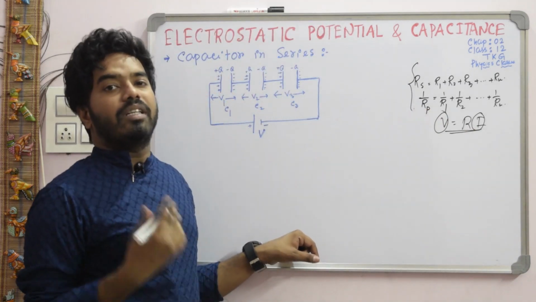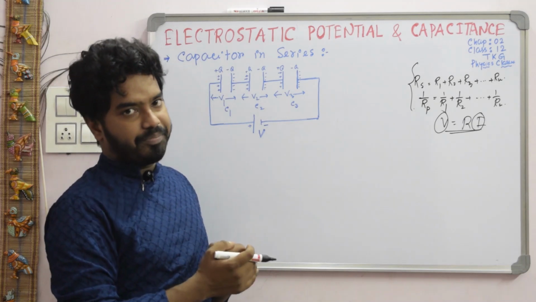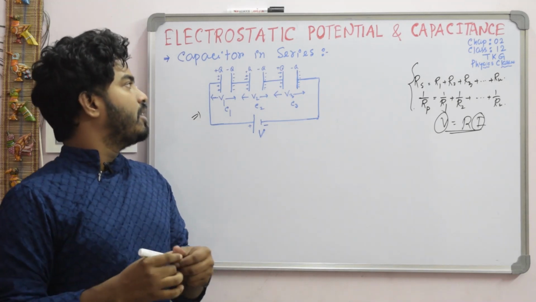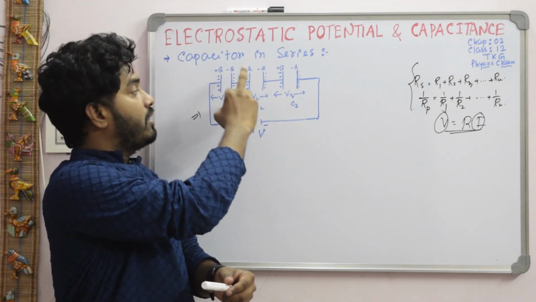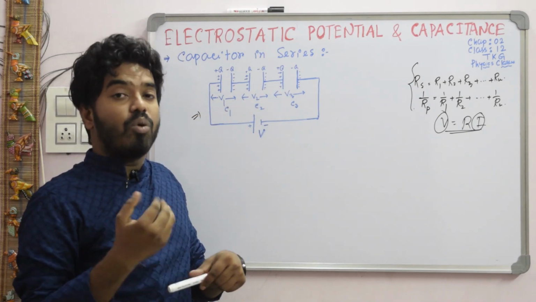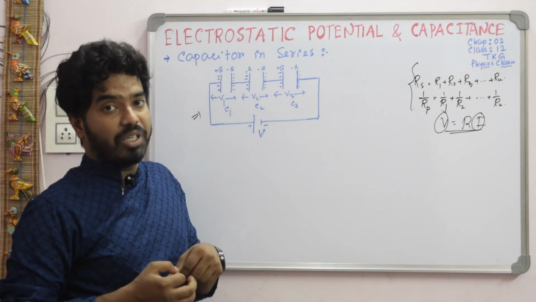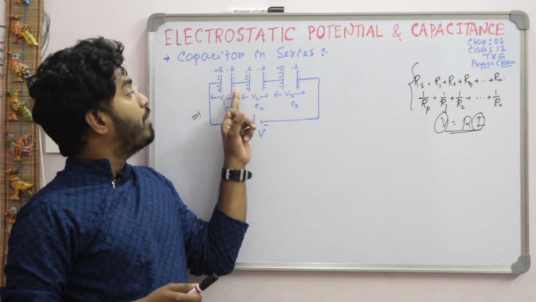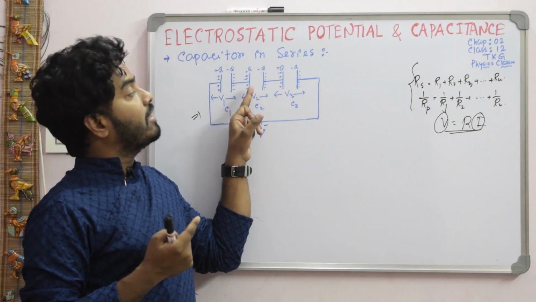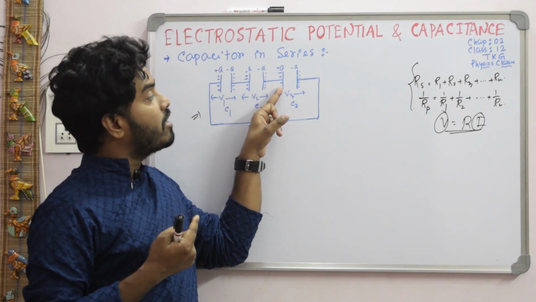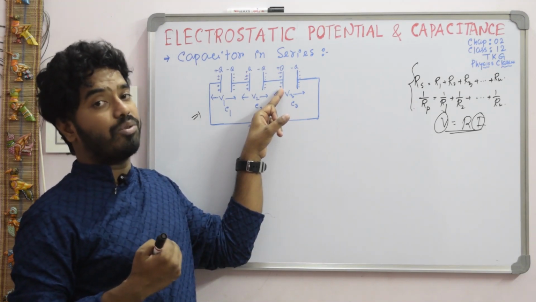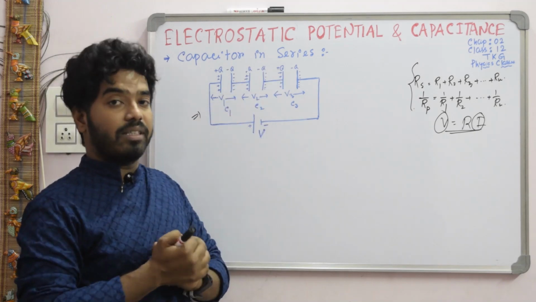Here we have to calculate the equivalent capacitance for capacitors. First case, that is series combination. So this is the circuit, just check it. This is the capacitors C1, C2 and C3, which are connected in series. So what is series combination? Series combination means when the negative plate of one capacitor is connected to the positive plate of the second capacitor, and the negative plate of the second capacitor is connected to the positive plate of the third capacitor, and so on. In this condition, we can say that the capacitors are in series.